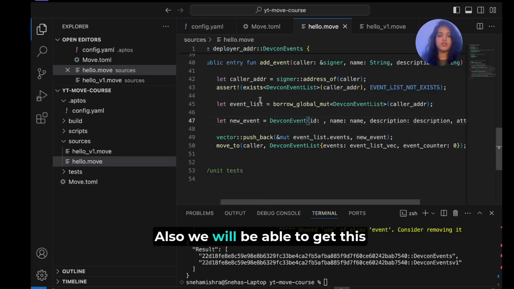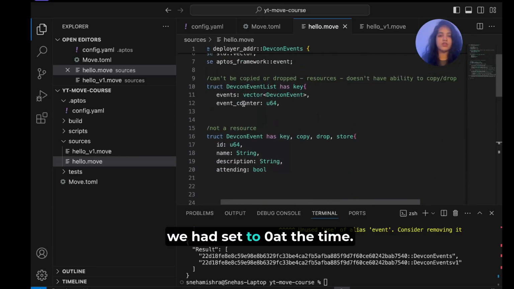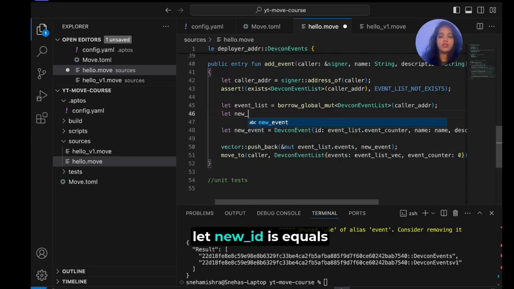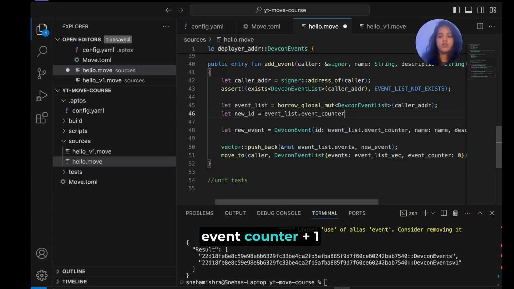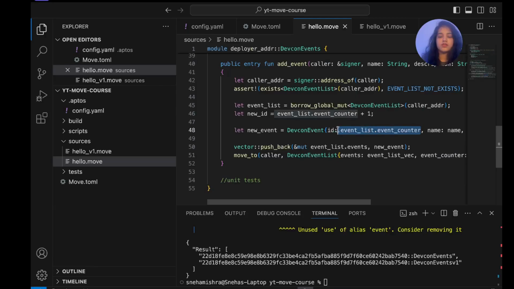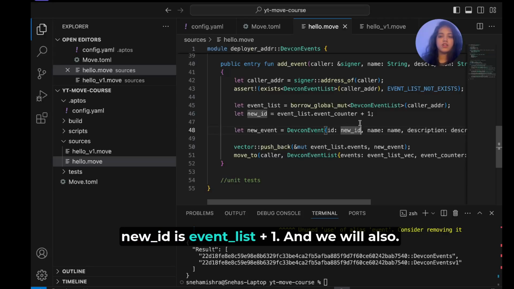The ID field also, we will be able to get this from this event list because we have our event counter set which we had set to 0 at the time. let new_id = event_list.event_counter + 1, and this can be new_id. Okay, so we have our new ID which we are pushing over here. New ID is event_list plus 1, and